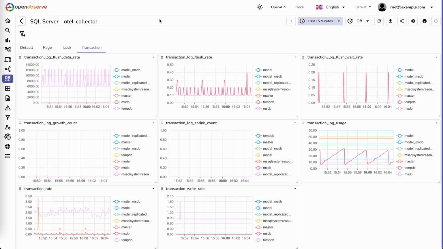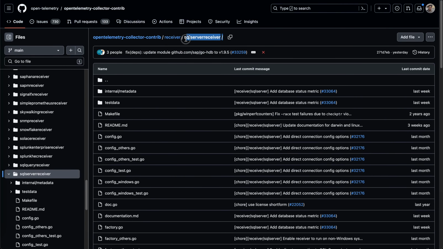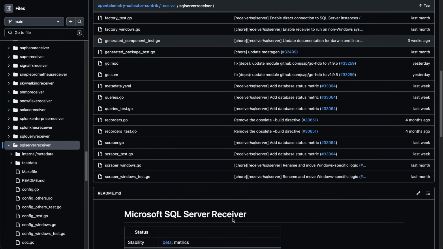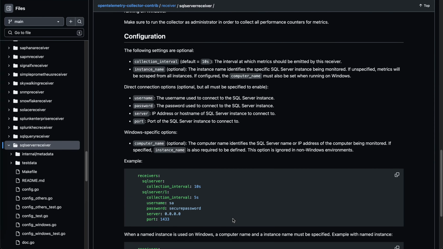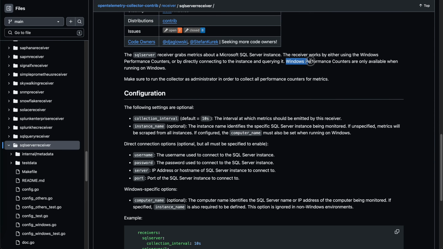The way otel-collector captures this information is via something called a SQL Server receiver. And SQL Server receiver can capture this information via two mechanisms. Either via Windows performance counters, or if Windows performance counters are not available, then by directly connecting to the instance and querying it by running